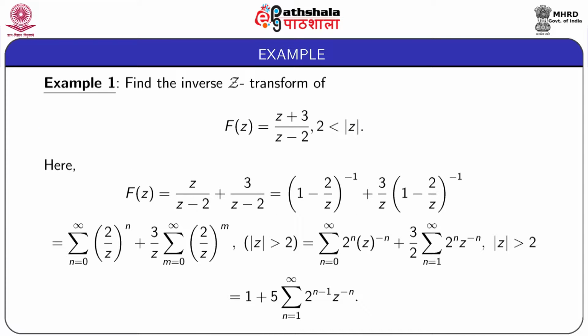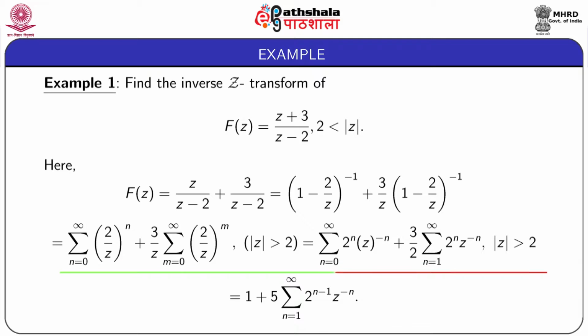Consider example 1. Here we are to find out inverse Z transform of capital Fz equal to z plus 3 divided by z minus 2 for mod z greater than 2. Here we write Fz as z by z minus 2 plus 3 by z minus 2, which can be written as 1 minus 2 by z to the power minus 1 plus 3 by z into 1 minus 2 by z to the power minus 1, which can be expanded and written in the summation form as summation n equal to 0 to infinity 2 by z to the power n plus 3 by z summation m equal to 0 to infinity 2 by z to the power m for mod z greater than 2,